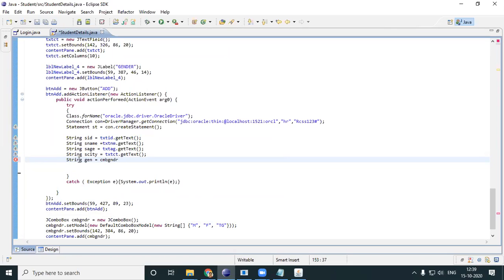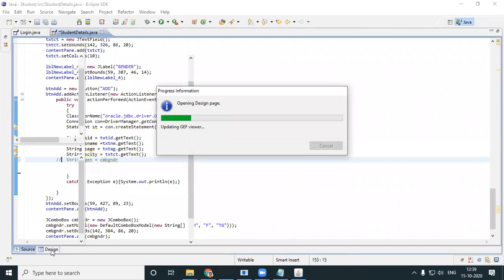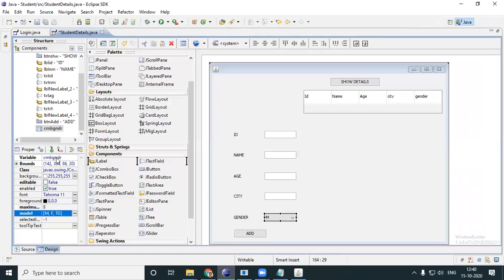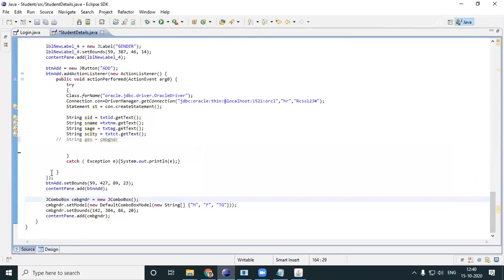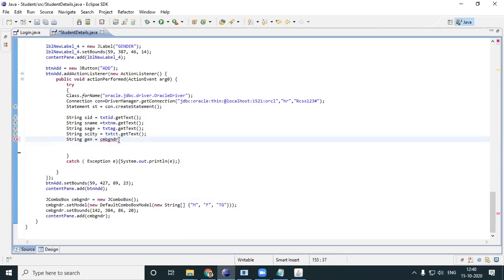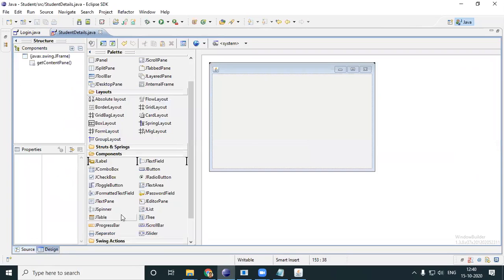No, not that. I'll just go back there and see what is the name of my combo box. cmb gndr. Correct. That's correct. Just a minute. I'll copy from there.